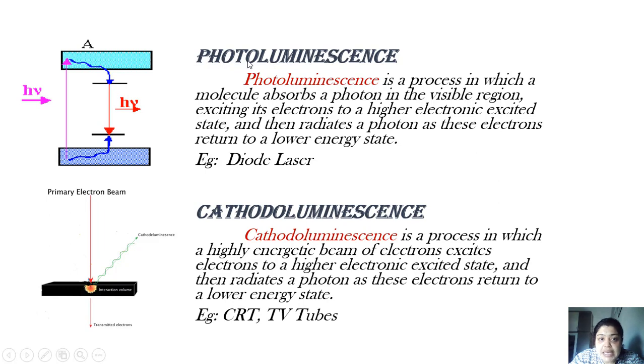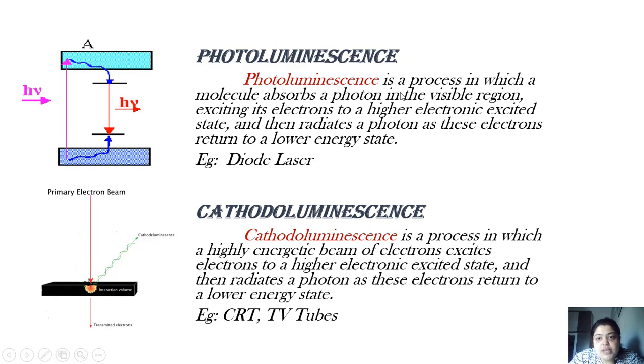Photoluminescence means light is used to excite electrons and output is also in the form of light. Let me just explain. Using this photon, the electron has moved to the conduction band, and because many electrons in the conduction band lead to higher instability, these electrons are going to come back. When they come back and recombine with the hole, the output is also in the form of a photon.